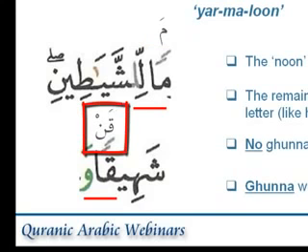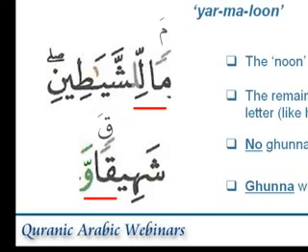Same thing in the second one, the fathatain, i.e. qan, is effectively with a hidden noon sakin. When we do the assimilation, it changes to qa, we drop the noon sakin, and that joins to the waw, which you read as if it's got a shadda, so it becomes qawwa. Okay, so we've just put a shadda in there to indicate